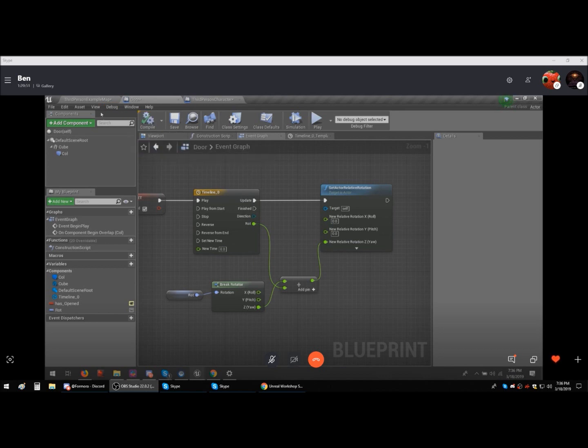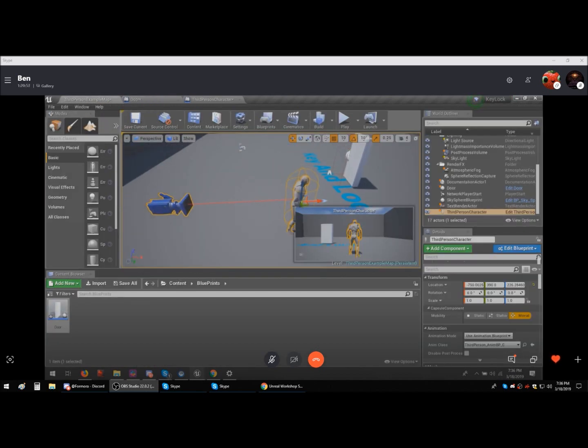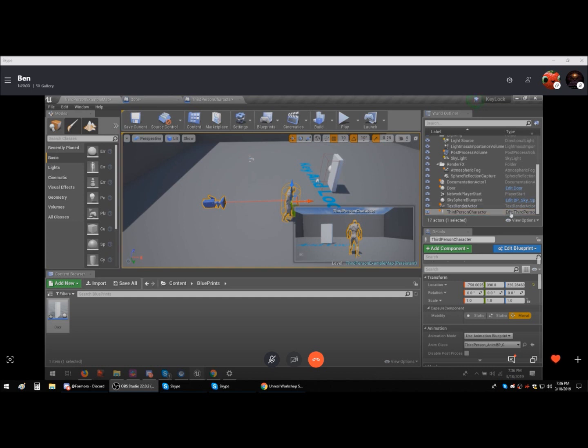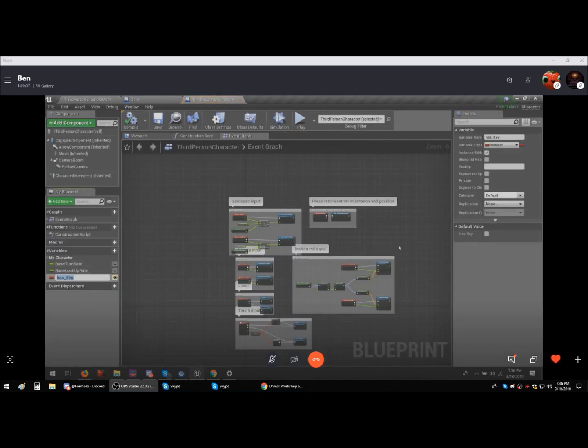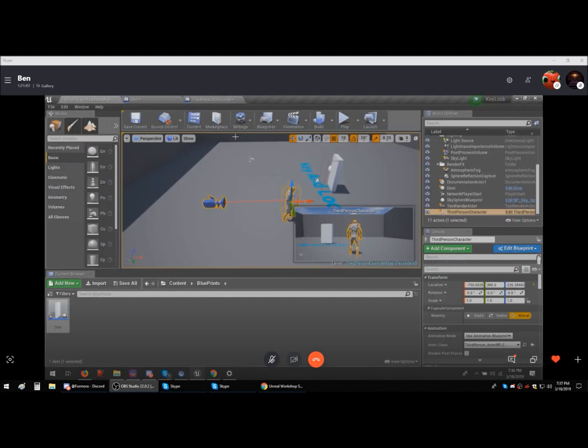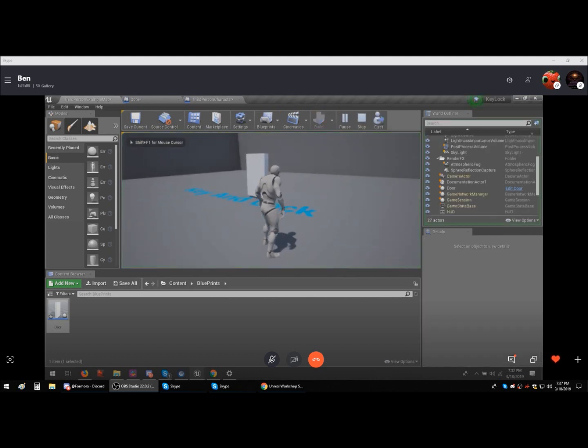Now I'm just going to click compile. And now if I go back into the world, I'm going to check this real quick. I'm going to go into the third person character and set our key to true, just so we can see that the door works. I'm going to compile it. So now the third person has the key by default. And if I click play, run up to the door,